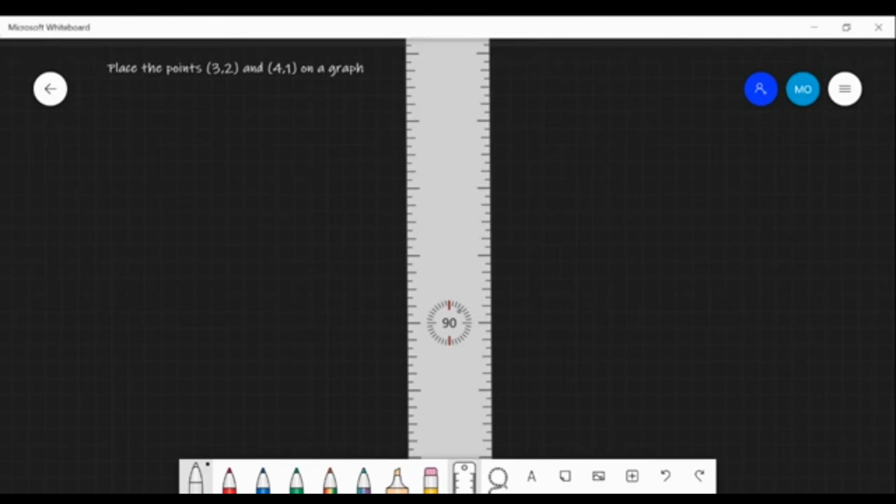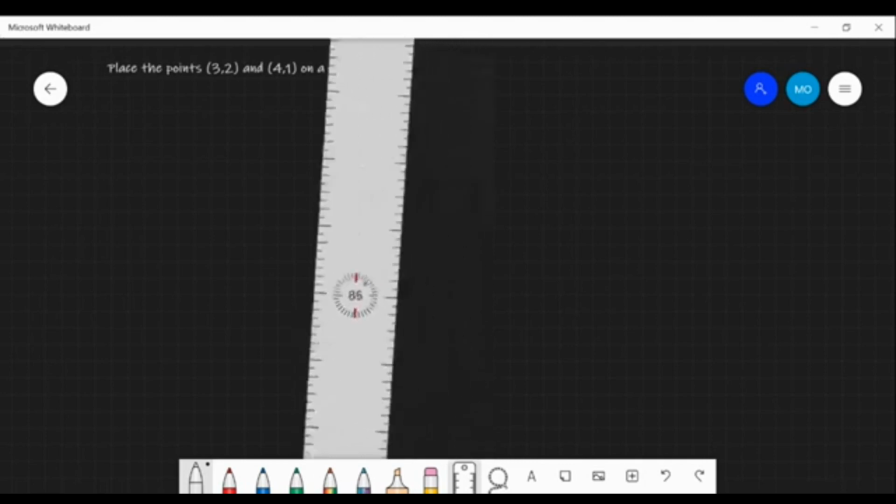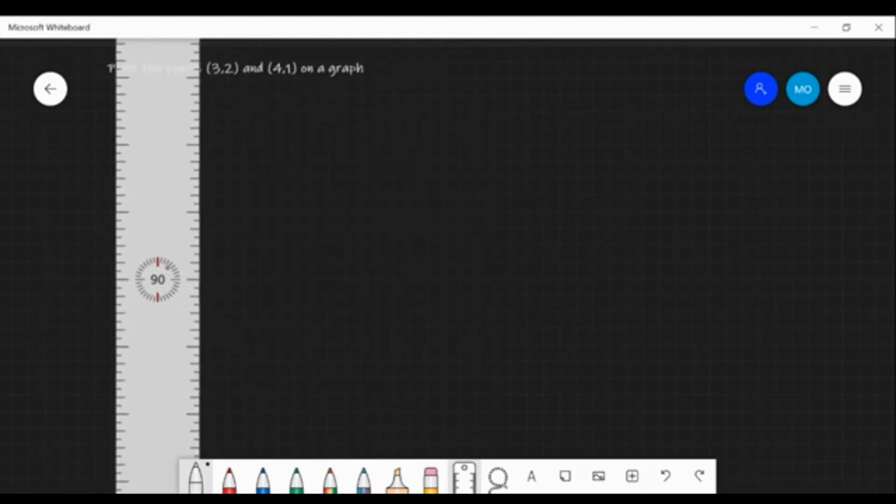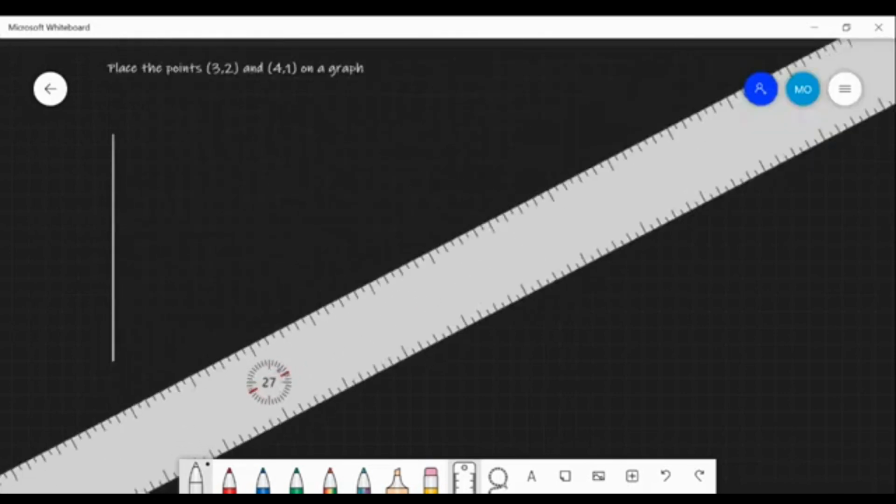Okay guys, I want to take a minute and we're going to look really quickly at how to graph some points on a coordinate grid. So I'm starting out here with only the question that's wanting you to place the points (3, 2) and (4, 1) on a graph, just to show you how quickly and easily you can draw a graph when you have grid paper, because you'll run into plenty of situations where it's going to be beneficial to just go ahead and draw yourself a coordinate grid,